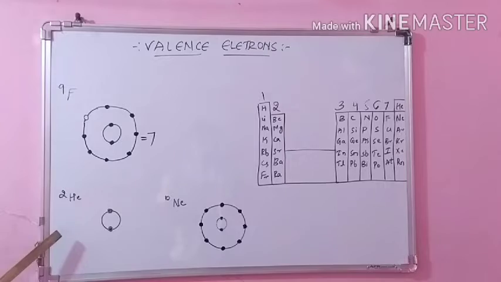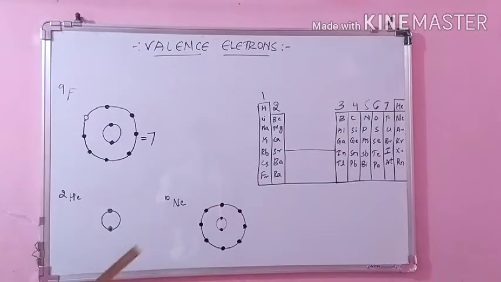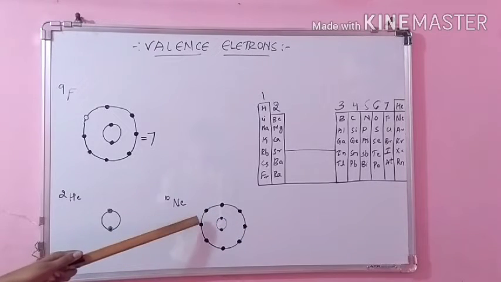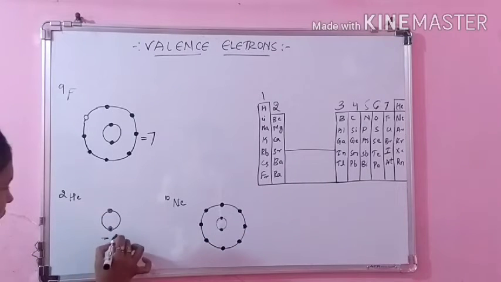And moving on to the last column, the noble gases, I will take both helium and neon as examples here. Helium has 2, so the first energy level will be completely filled. When we move on to neon, it has 10, so again the first energy level is filled and the second level is also completely filled. What you have to observe in these cases is that here there are 8 electrons in the farthest shell, which are the valence electrons. Only for helium it is 2.